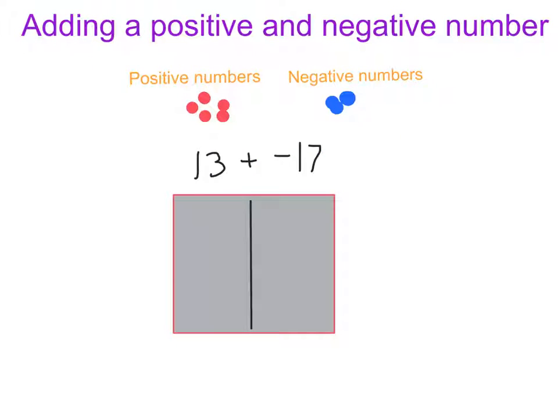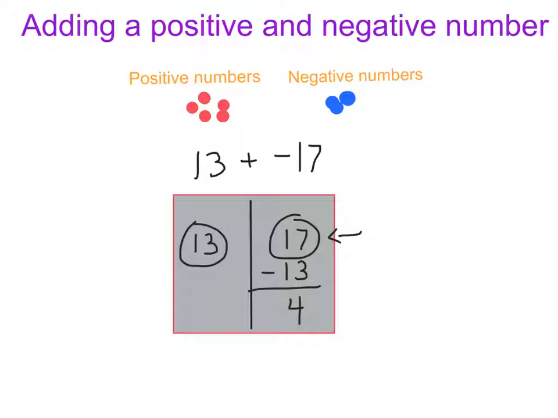Let's take a look at a problem with bigger numbers here. So we have 13 plus a negative 17. Now if I wanted, I could create this box and the scoreboard and put 13 positives, and I could put 17 negatives in here, and I could cancel out and see. But in my head I'm visualizing I have 13 here and I have 17 here. Well, I know these 13 are going to cancel out 13 from this side. So really what that gives me is this, right? Because I'm canceling out 13 of these 17,